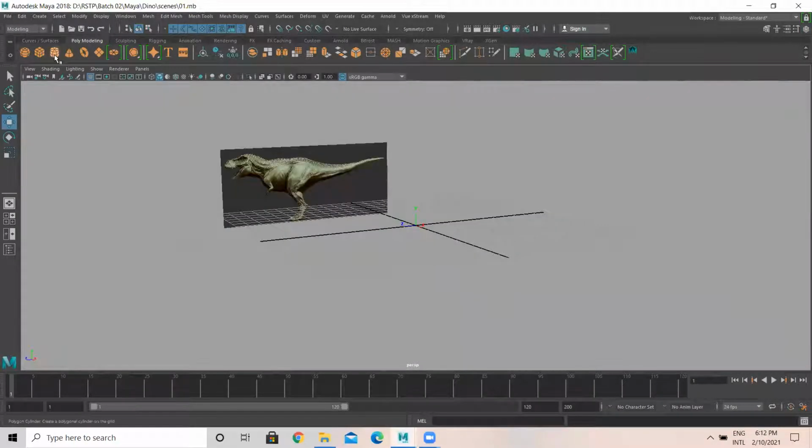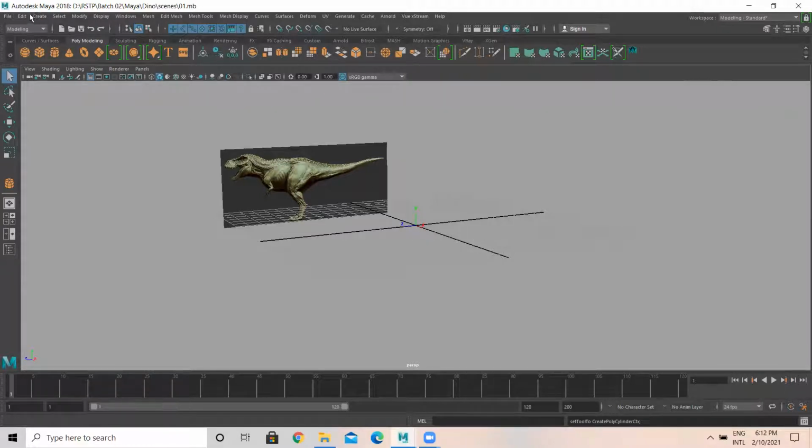Okay, so I'm selecting, I need to select a cylinder. When I click cylinder, it is asking me to drag the base on the grid, then pull up the poly height. So there's an interaction between the user and the application. I don't want that. If I click, I want the object to be on the center of the grid.